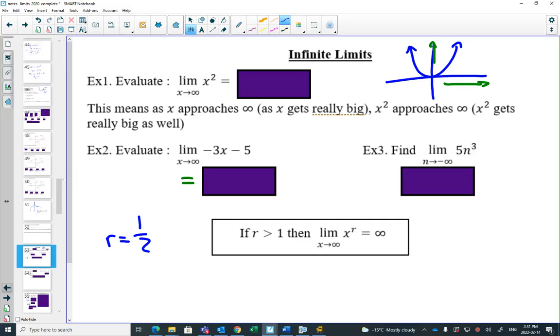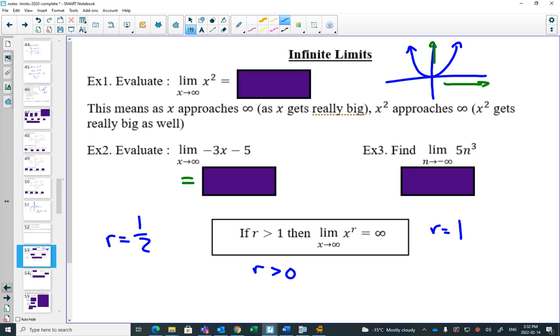The only problem with saying r bigger than 0 is that when r is equal to 1, it would still go to infinity, because it would just be x there. That would be fine. So sometimes r equals 1 is a problem because of an exponent of 1, but that would still be infinity, right? So is there any problem with any values bigger than 0? I don't think so. I think it would work for any value of r.